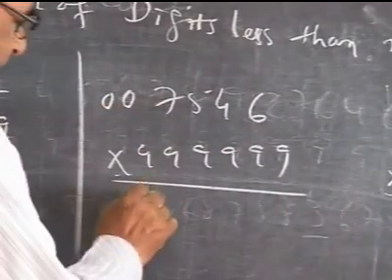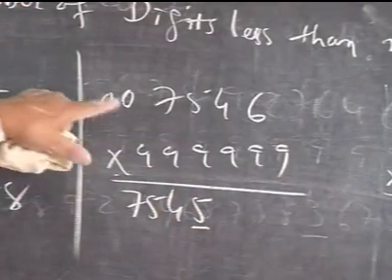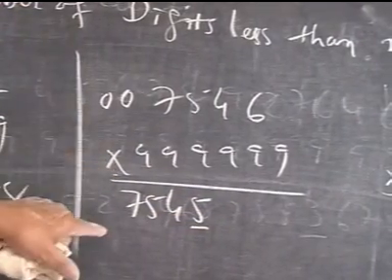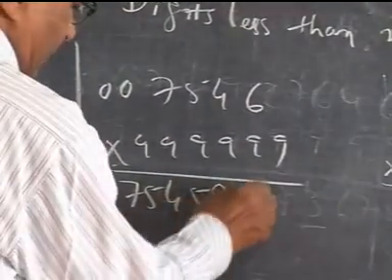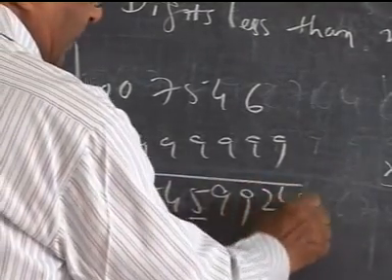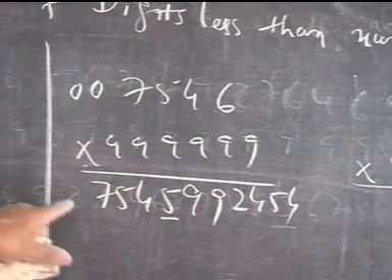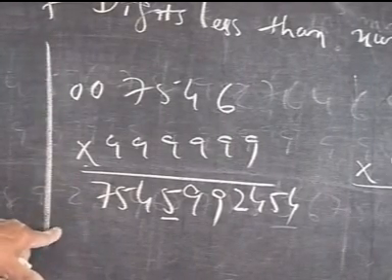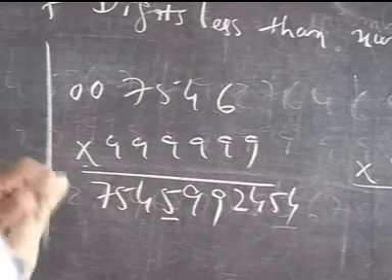Subtract 1, it is 7545. This one. Do remember there are 2 zeros, we have not put them here. So first of all subtract 2 zeros, you are getting 2 nines. Subtract 7, it is 2, 4, 5 and 4 is the answer. If you remember it, you don't need to put 0, but in the beginning you should understand that 0 must be placed and then it can be removed.